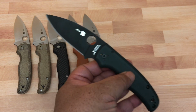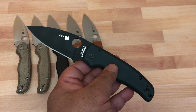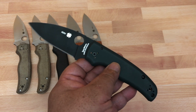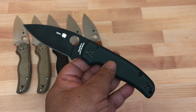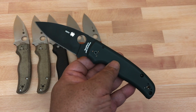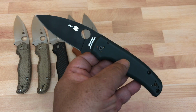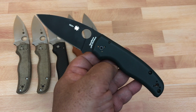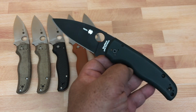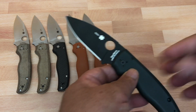This is a real nice knife. Black blade, Crew Wear steel. This is one of those exclusives. This exclusive came from Knife Joker. Sold out in minutes, like most good exclusives on Spyderco does. Very hard to get. If I do trim these Shamans, as you can see, most of them are exclusive,